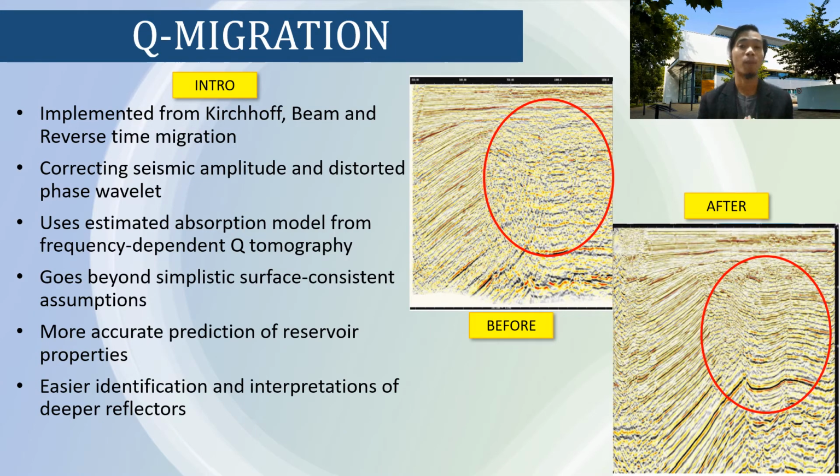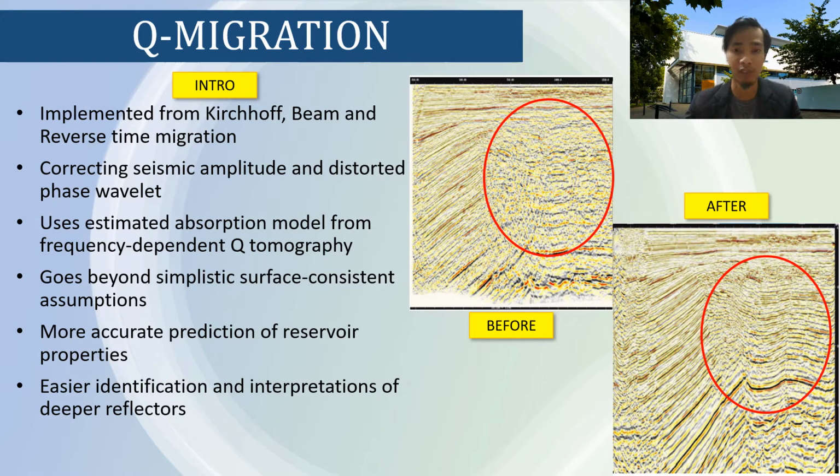The first proposed seismic migration method is Q migration. This method is implemented from Kirchhoff, beam and reverse time migration, RTM. It will correct the seismic amplitude and the distorted phase wavelength. It uses an estimated absorption model from frequency-dependent Q tomography to compensate for Q effects relative to the background. It goes beyond simplistic surface-consistent assumptions to compensate for transmission effects anywhere in the overburden. This Q migration method will give a more accurate prediction of reservoir properties as well as easier identification and interpretation of